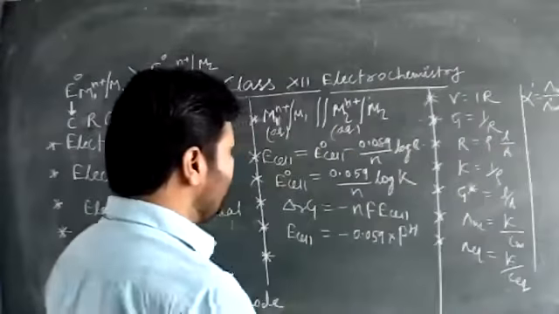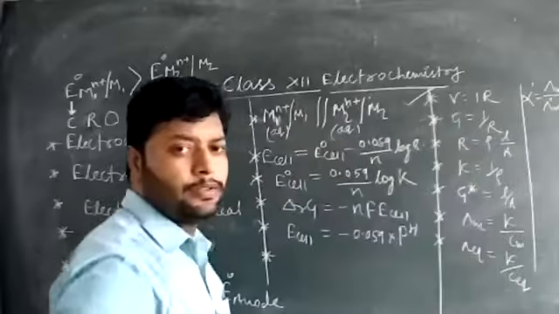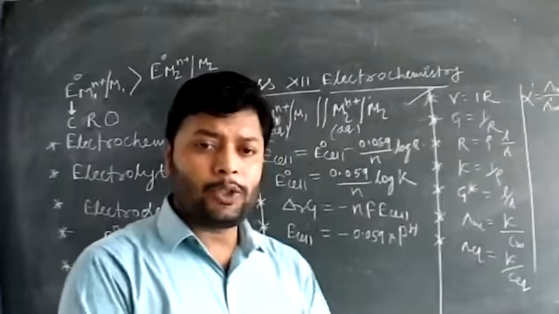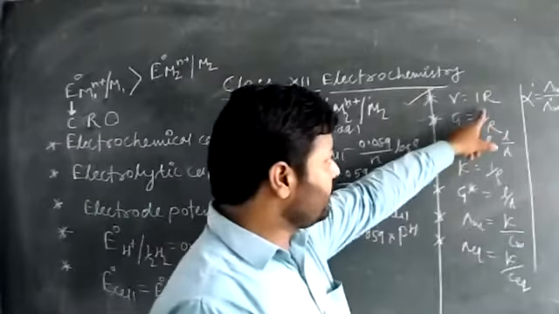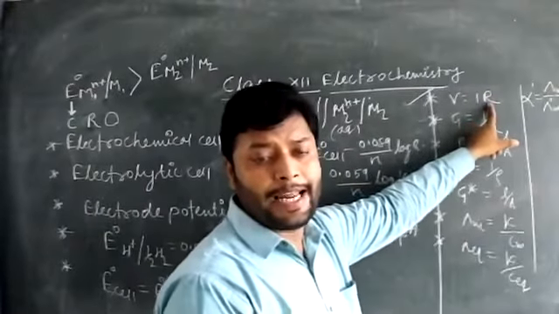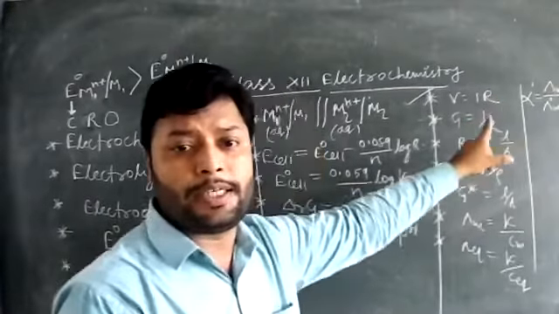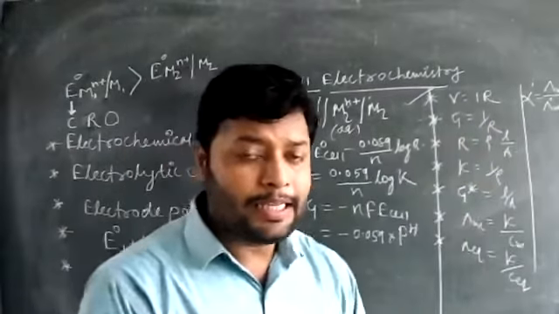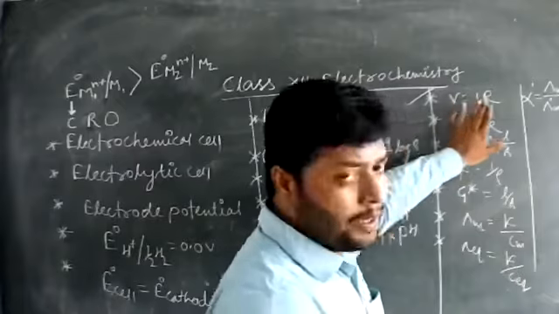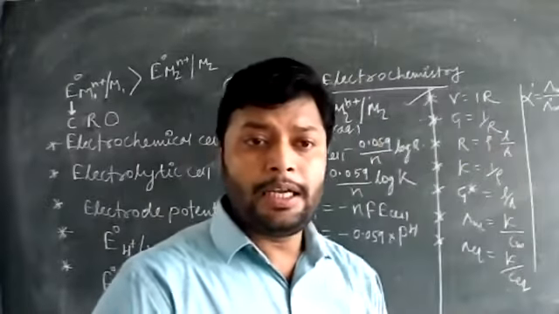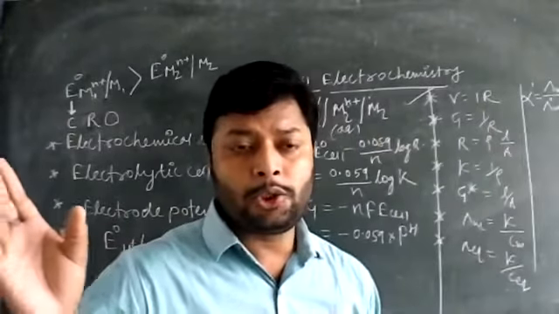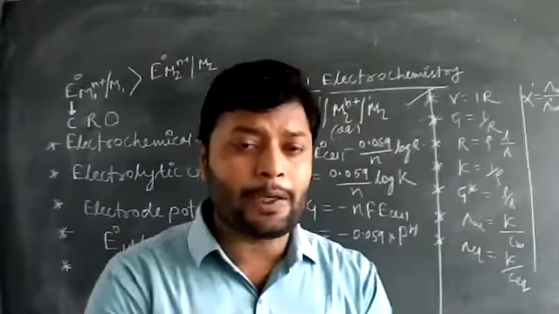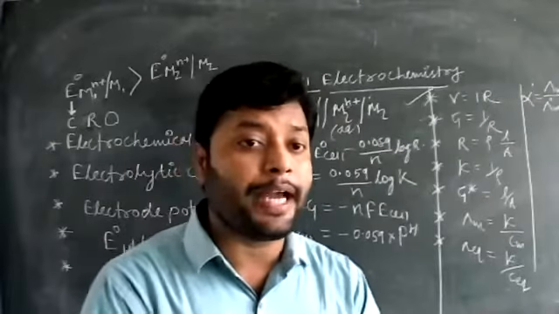Now we have the second part, which includes the electrolytic cell. Actually, we have to discuss resistance. How can we calculate resistance from any electrolytic cell by using the Ohm's law formula? But actually, this is the formula used in the electricity unit in physics to calculate the resistance. But if you wish to calculate resistance for an electrochemical cell,